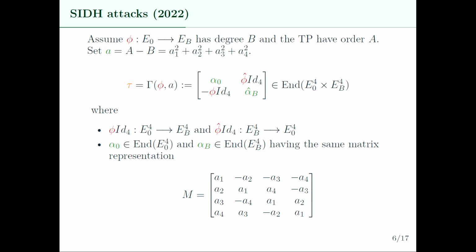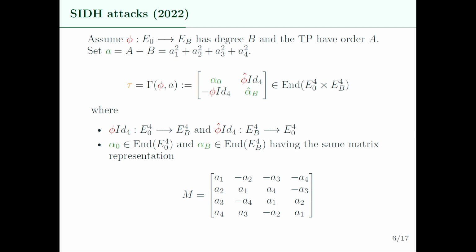So you have an isogeny phi from E0 to EB, and you have some torsion point information of degree A. As Damien said yesterday, in general we know that you can multiply the degree of isogenies by composing them, but here we have some sort of addition of degrees, so you can now have an isogeny whose degree is the sum of the degrees of two isogenies. So from your B isogeny and the A torsion points, you build an isogeny of degree A that you can compute, where A is B plus (A minus B).